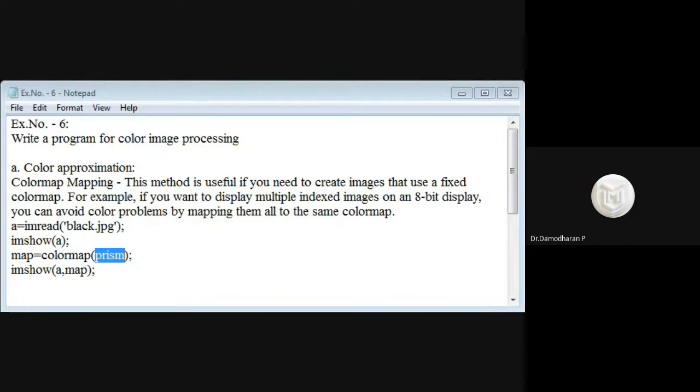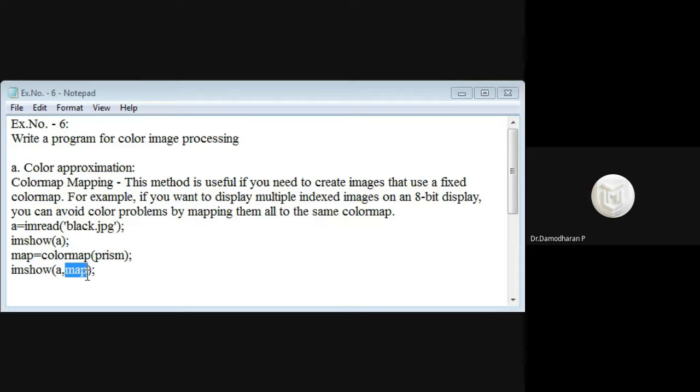Then we have used the command imshow to display the image, but the image should be displayed with the color map, which is already given. So now the black and white image is changed a little bit into a colored image, but the color will not be very smooth, and we do not get a finely colored image. Okay, so some refinement should be there. In our point of view, if you want to add color to the image, you want to use a method called colormap. Then you give the different types of colors available.